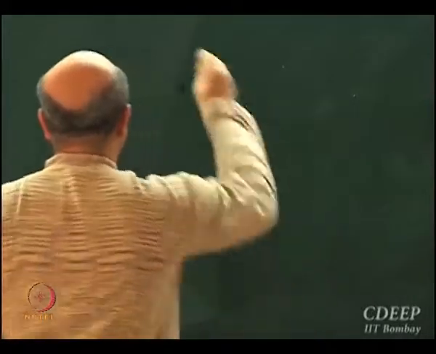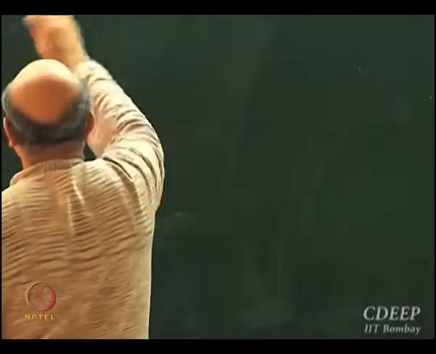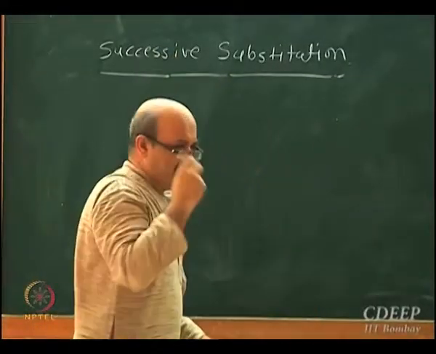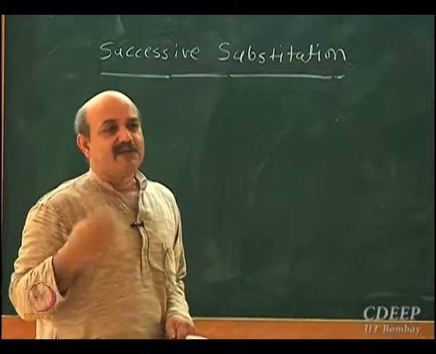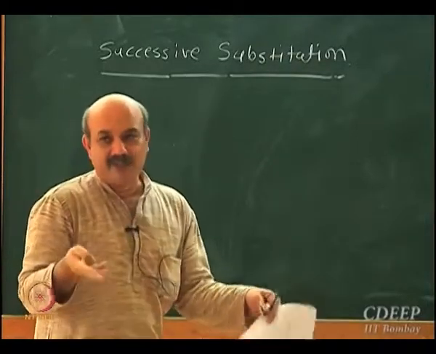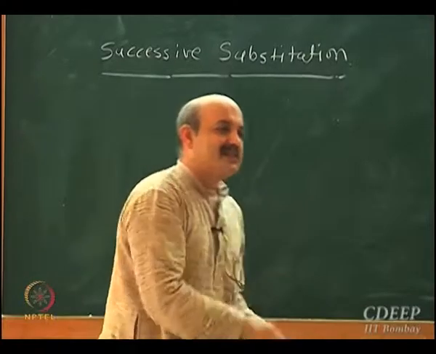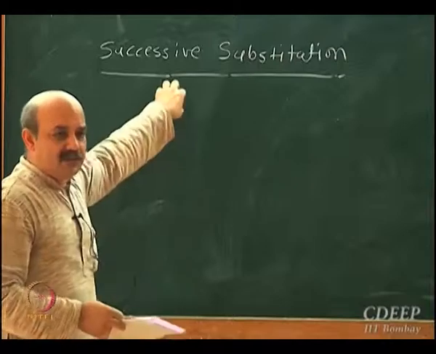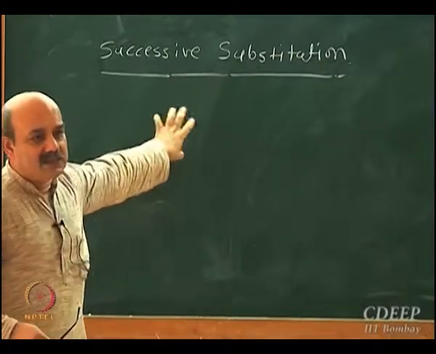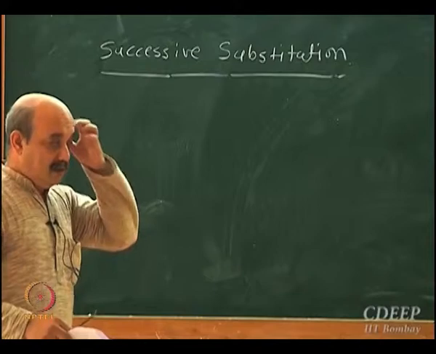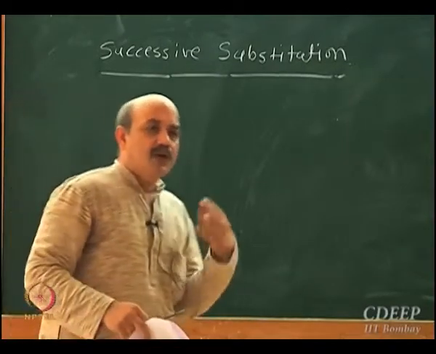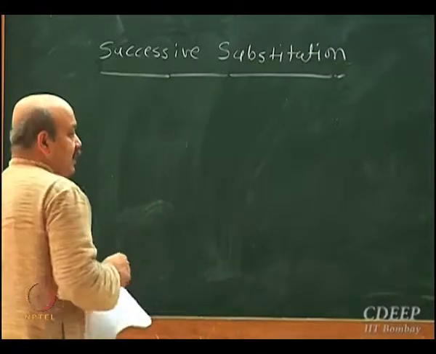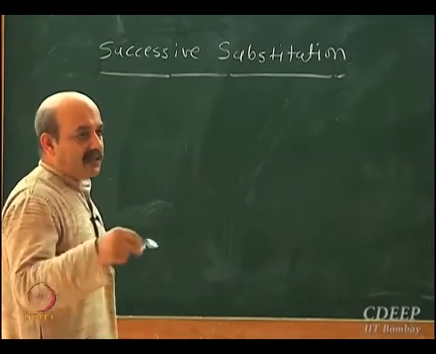Okay, so the first class of methods I am going to call, well, in iterative schemes everything is successive substitution, but this class is also specially known as successive substitution methods. What I mean here by successive substitution methods is this subclass of methods by which you don't have to compute any derivative. Okay, that's what I mean right now. In general, every iterative method that we are looking at is successive substitution.